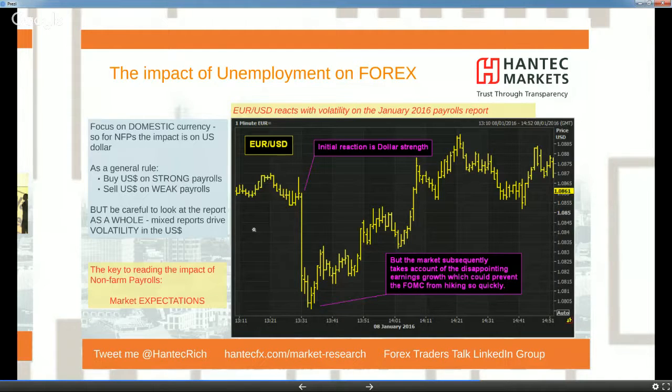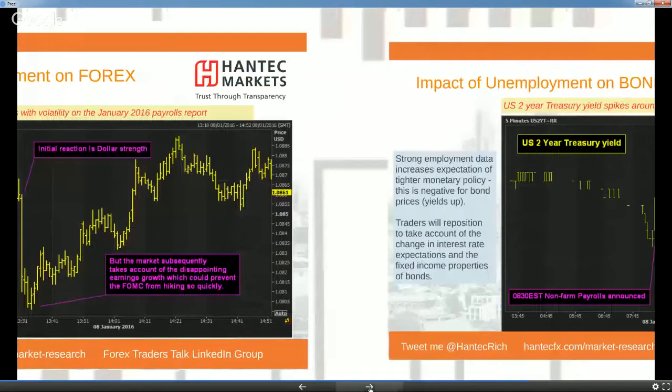Similar sort of situation. As I said, you got the headline payrolls that were strong, and subsequently the market started to consider the fact that earnings growth was much lower than expected. I think that was the month that earnings growth was negative by minus 0.1. And subsequently the market started to turn around again. So you've got to take the whole payrolls report, I think, and not just look at the headline numbers, certainly for impacting as it did in January on the dollar.